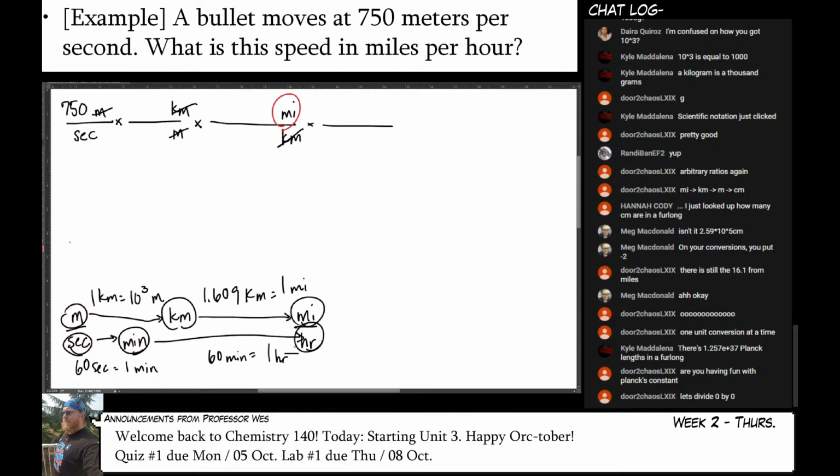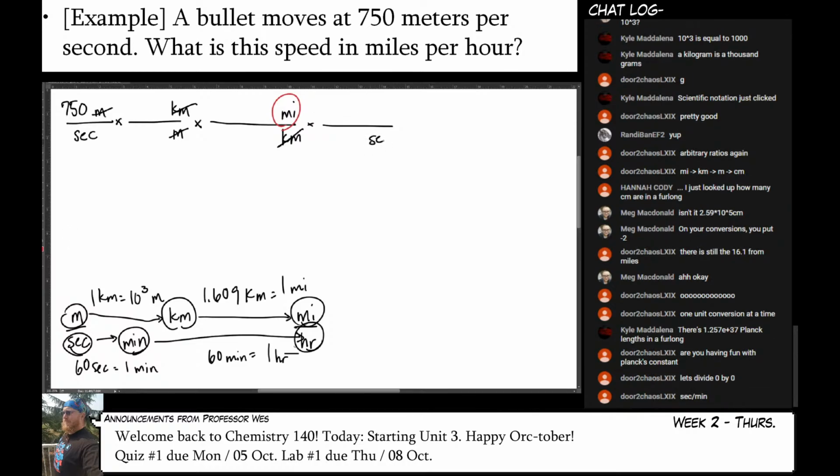But how the heck do I cancel out seconds? It's on the bottom. If I do this, it doesn't work. Because they don't cancel. So, well, if I can't put it on the bottom,